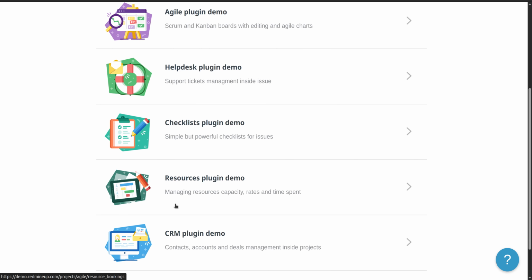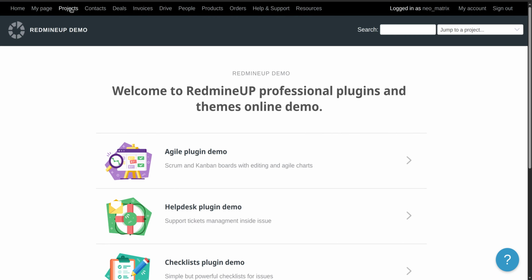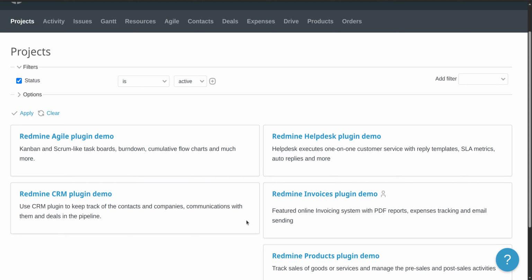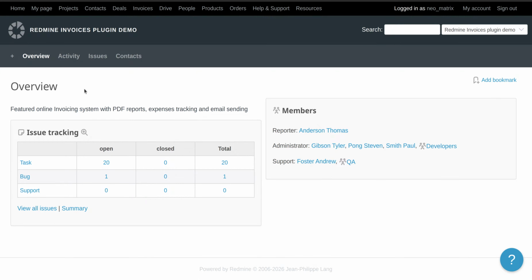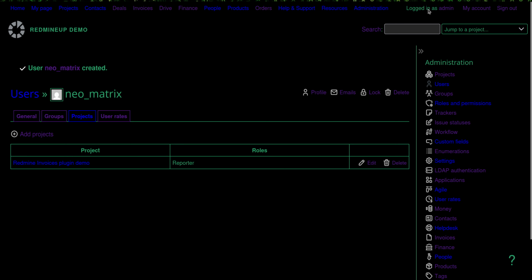Now I go to the Invoices project. So I go to Projects and then Invoices, and I have a couple of options here. So I have activities, issues, and contacts, and there is no invoices because Neo has no opportunity and no option for seeing the invoices. So I return back to the Redmine where I'm administrator, and now I'm going to use